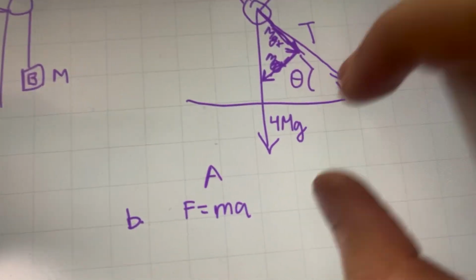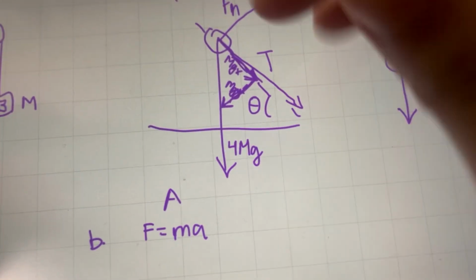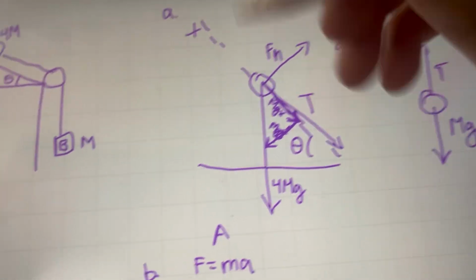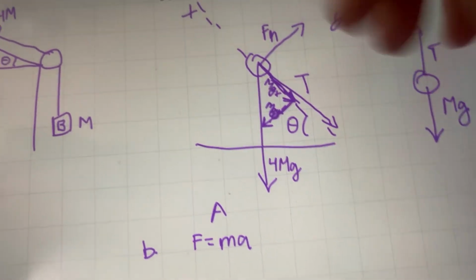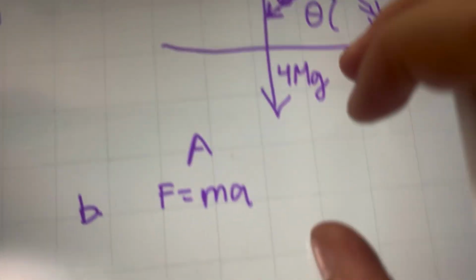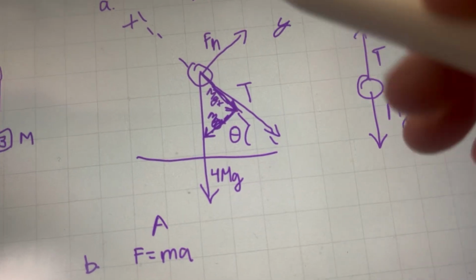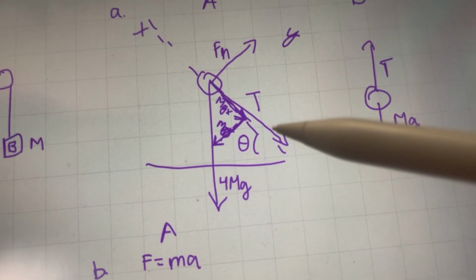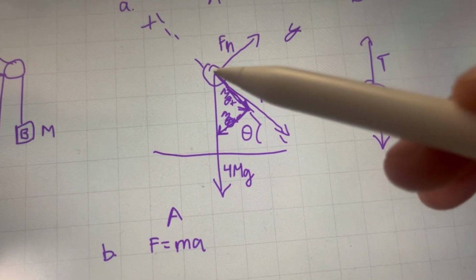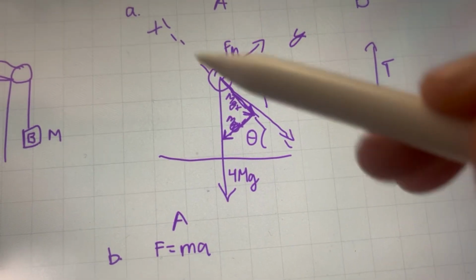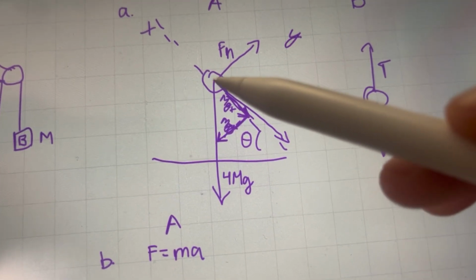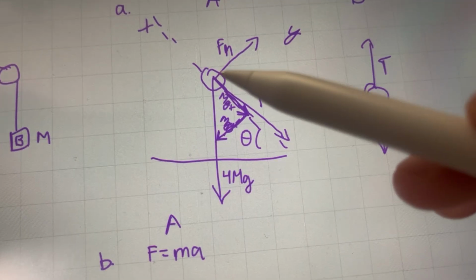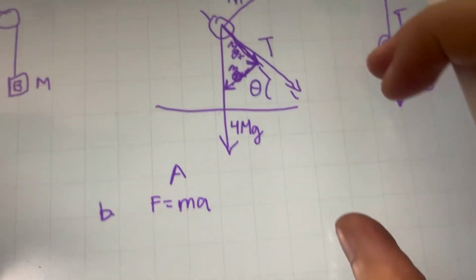So we're only focusing on the horizontal vector of block A. Because block A is going that way, there's an acceleration, and there's no friction, so there's no force that's pulling block A that way. So it would be